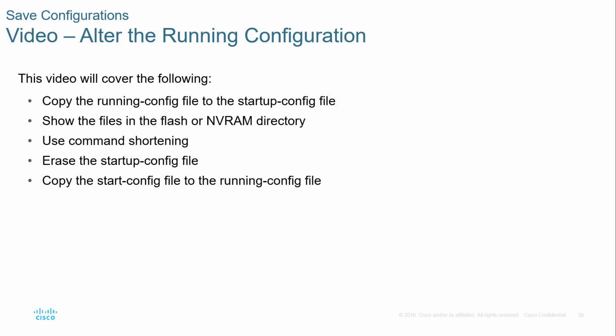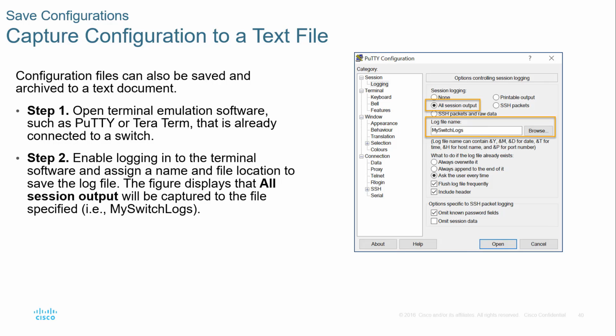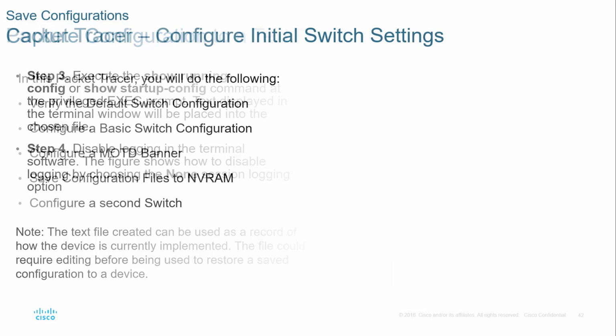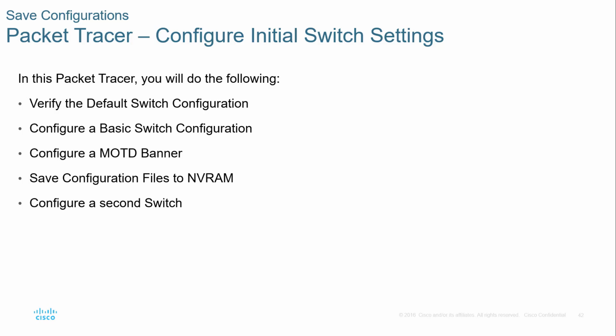Again, there is a video which we're not going to be covering. So again, how do we actually save our output? If we're using PuTTY, you can log all of the information in the terminal session. You can actually go through and copy and paste it into a text document. You can do session logging, you can disable logging, it just depends on what you want. We have Packet Tracer outlining how to do the basic configuration and how to do the saving,